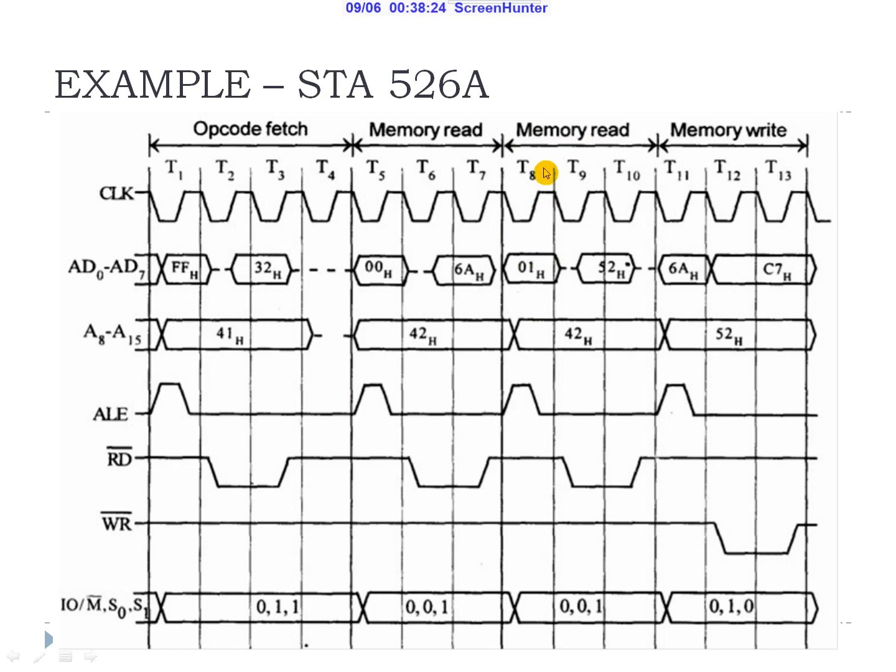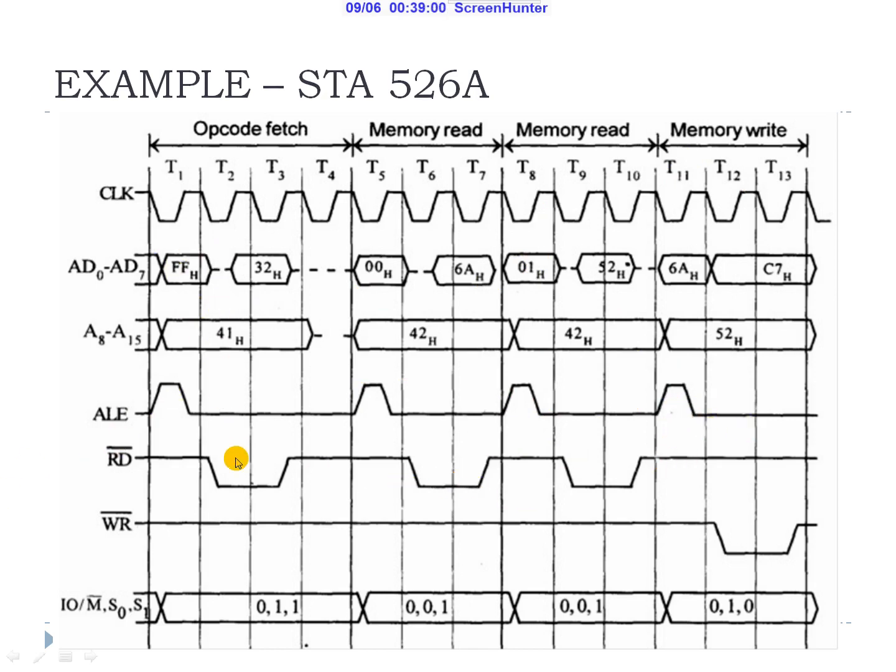In the memory read cycle, in the 8th T cycle, you are supplying the address from AD0 to AD7. After that it is data. So you have to notice that here it is data, here it is also data, and here it is an address, here it is an address. This address supply has to be mentioned with the help of ALE. That's why we have ALE as 1 in the memory read and memory write cycles.